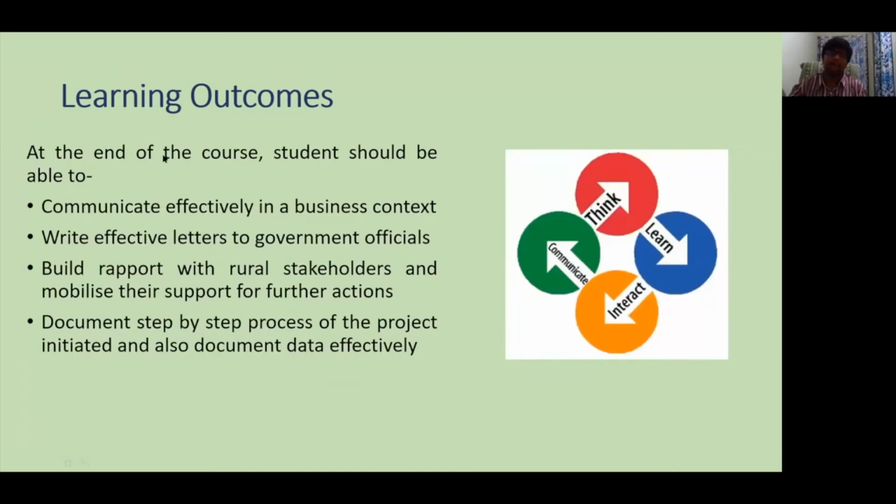So Mahatma Gandhi National Council for Rural Education has set up this course in such a way that it enables students to communicate effectively in a business context, write effective letters to government officials, and also helps in bringing out how to build a rapport between the different rural stakeholders and how to mobilize them for all the further future actions, and also how to come up with documents through a step-by-step process which makes them effective and